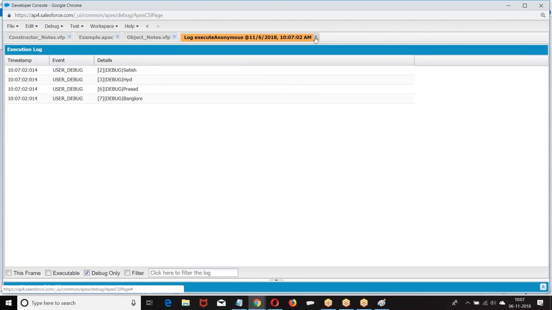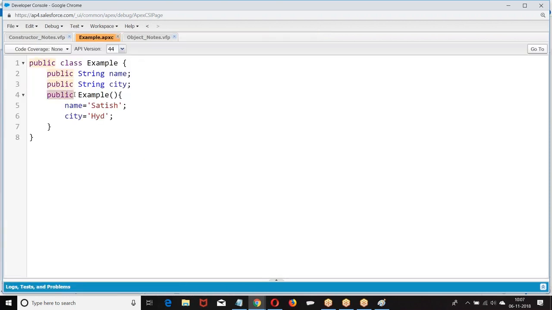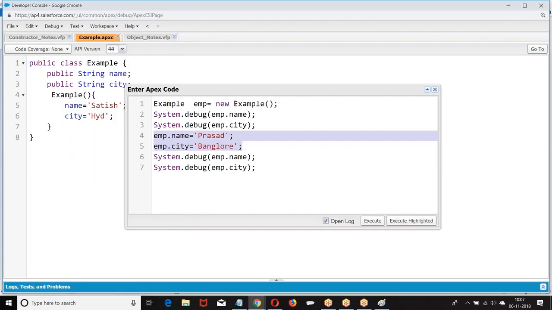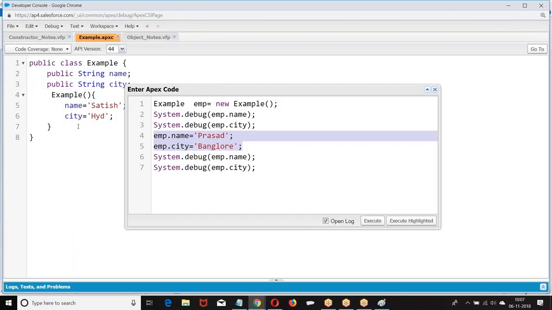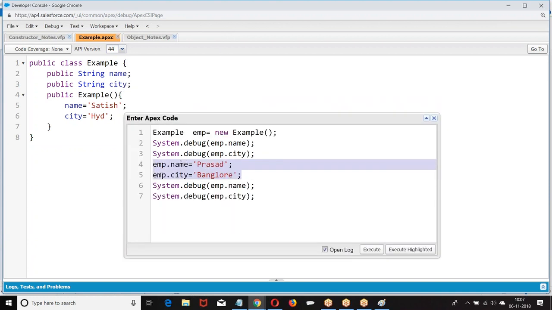Okay. Next, why am I always writing public for a method? I removed it. Now the constructor becomes what? Private. If the constructor is private, go back. I am calling a constructor. Sorry, not visible. If I want to call that method outside, it should be what? Public or global. I prefer to go with public. That is the reason why I have taken this. When I don't define it, it is private. If it is private, it means I can use it anywhere within the class, but not outside the class. Now, look at the format. I hope you followed this.